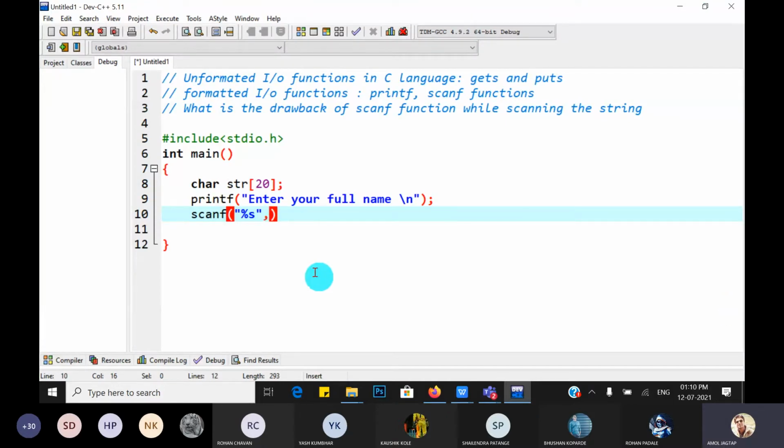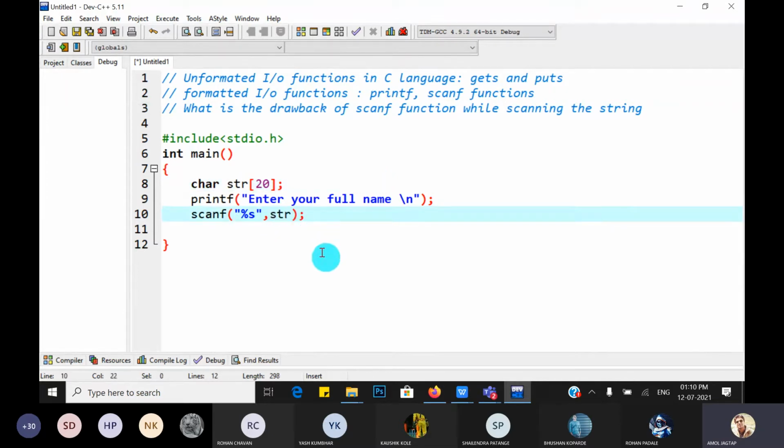Great, comma. Where do we want to store that string? In the str. So how can we say, save str and use ampersand? But always remember that while scanning the string, that is the character array, we don't write the ampersand here.